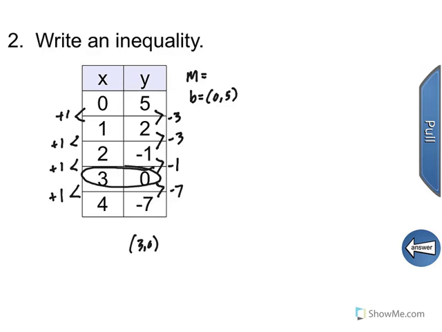All right. So our outlier is the point in the table that does not match up or does not fit in with the rest of our rate of change. In this case, my change in y was negative 3. My change in x was positive 1. So that would be negative 3 over 1, which is negative 3. Okay, so now I can begin to write my inequality. My inequality here is y is, we don't know the sign to use just yet, so y is something, negative 3